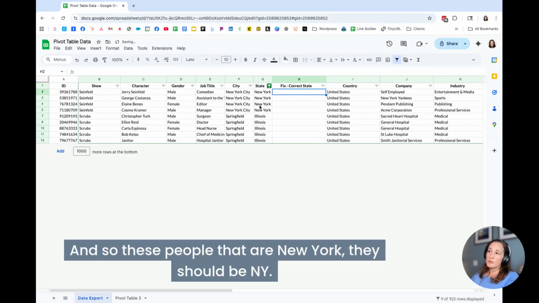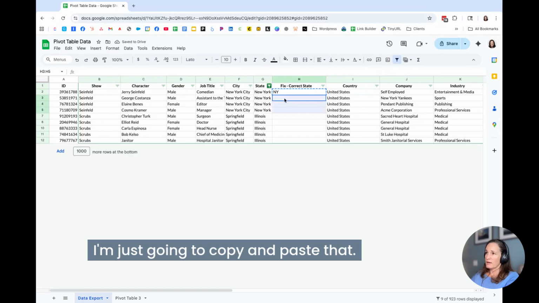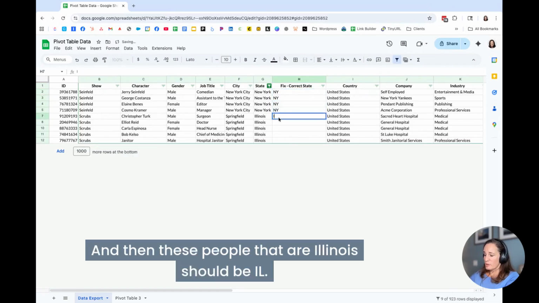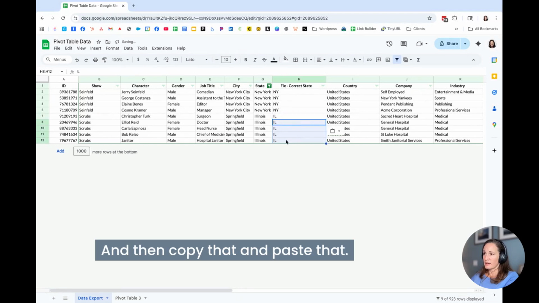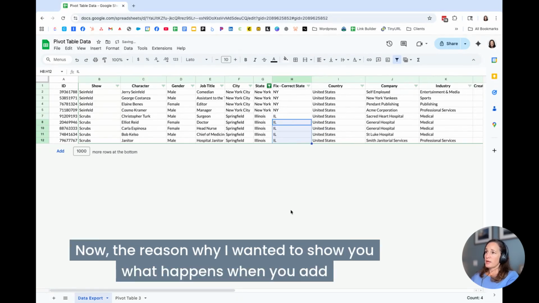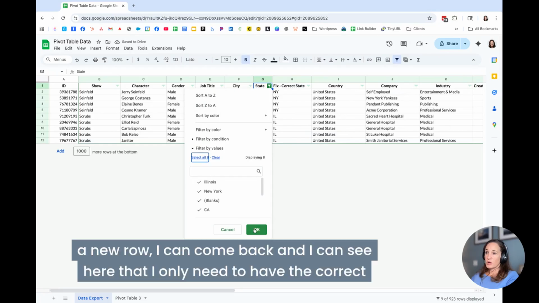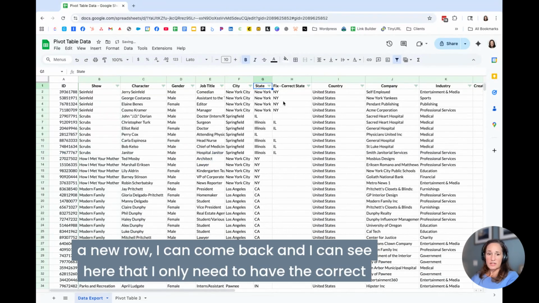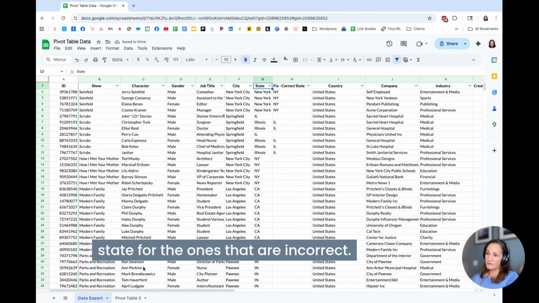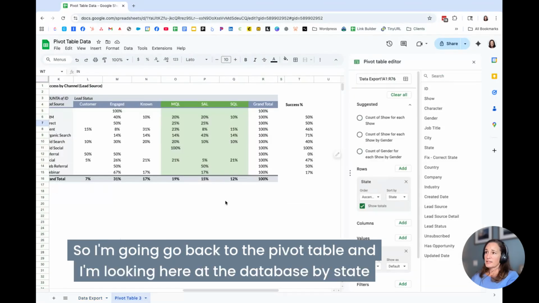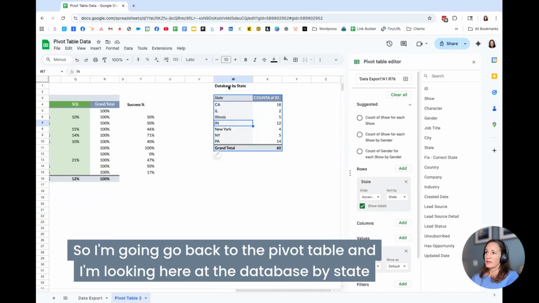And so these people that are New York, they should be NY. I'm just going to copy and paste that. And then these people that are Illinois should be IL. And I'm going to copy that and I'm going to paste that. Now, the reason why I wanted to show you what happens when you add a new row, I can come back and I can see here that I only need to have the correct state for the ones that are incorrect. So I'm going to go back to the pivot table, and I'm looking here at the database by state,